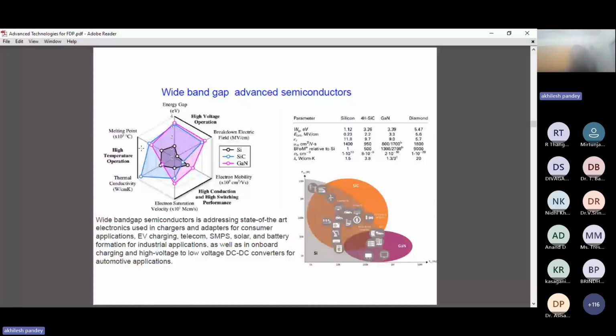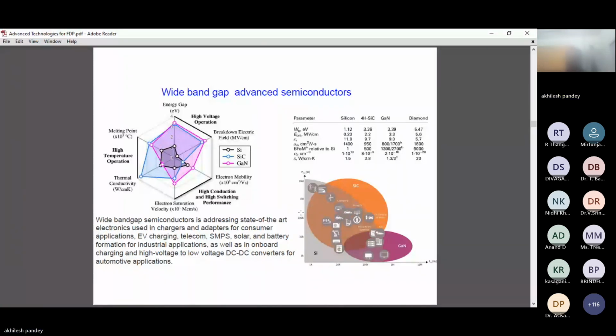So among the wide band gap semiconductors, silicon carbide and gallium nitride, one can see that if we go for high power devices, silicon carbide is high power but its frequency is low. So silicon carbide can be widely used in electric vehicle charging, DC to DC converters, and power device applications, power storage. But as far as high frequency devices are concerned, where power is maybe slightly lower, in that case gallium nitride can be